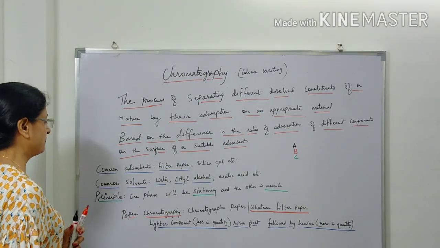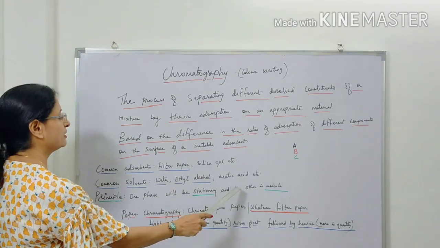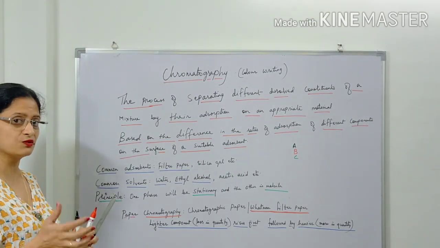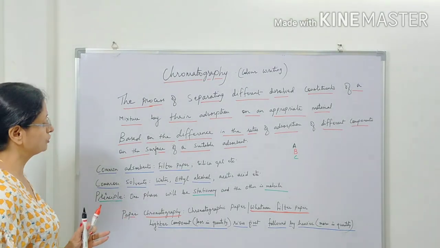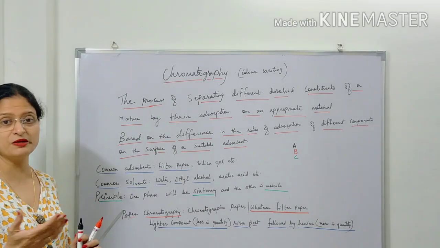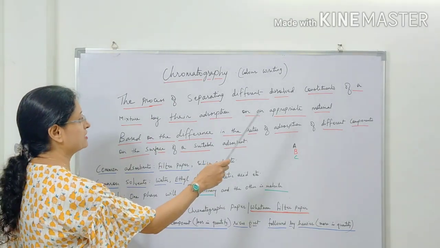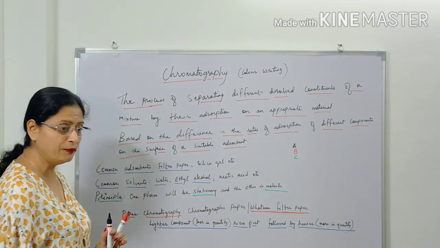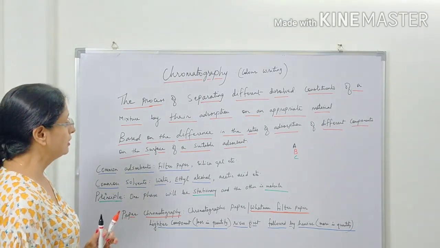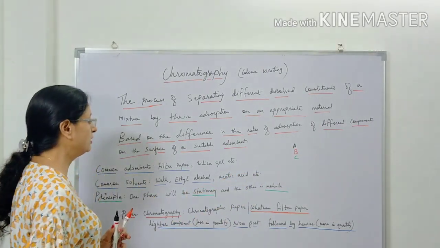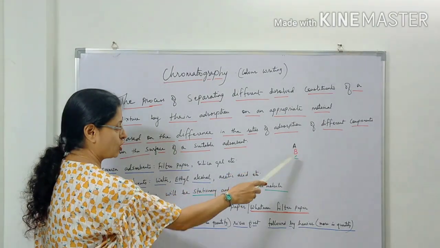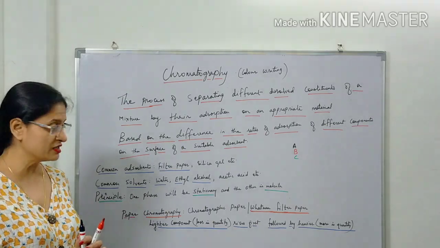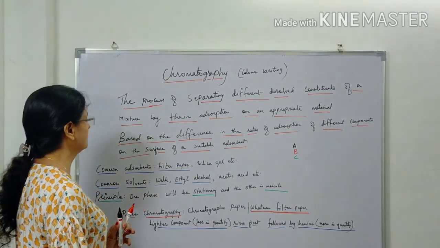The principle of the separation is that one phase will be stationary and the other phase is mobile. One of the phases will remain stationary, will not move, and the other will be moving. Now which phase will be stationary? That is the adsorbent. As I told you, the substances get adsorbed on a suitable adsorbent. So this adsorbent will be the stationary phase, and the mixture which is to be separated will be the mobile phase. These will move, this will be the mobile phase, and the adsorbent you use, that is your filter paper or the Whatman filter paper, is going to be the stationary phase.